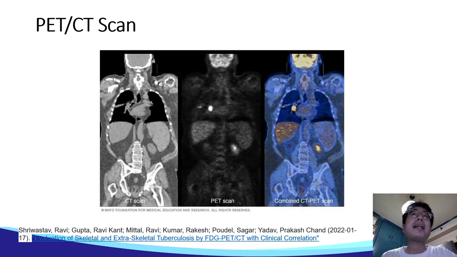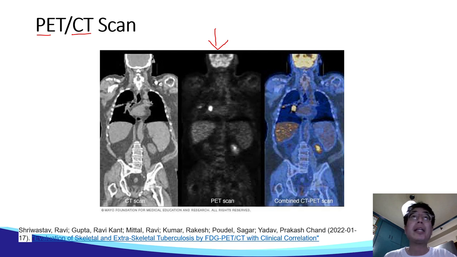A PET-CT scan is a diagnostic test which combines physiology and anatomy. Physiology, meaning function, is the PET part, and anatomy, pertaining to structure, is the function of the CT part. What that means is a PET-CT scan is actually a combination of two different things, a combination of two different modalities. The positron emission tomography or PET component of the scan is the one responsible for showing us the